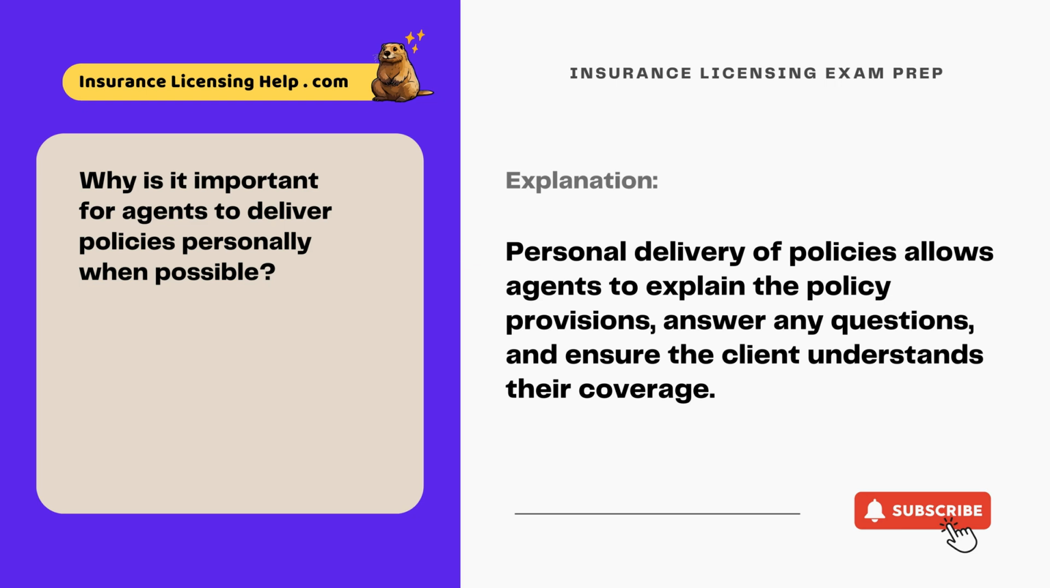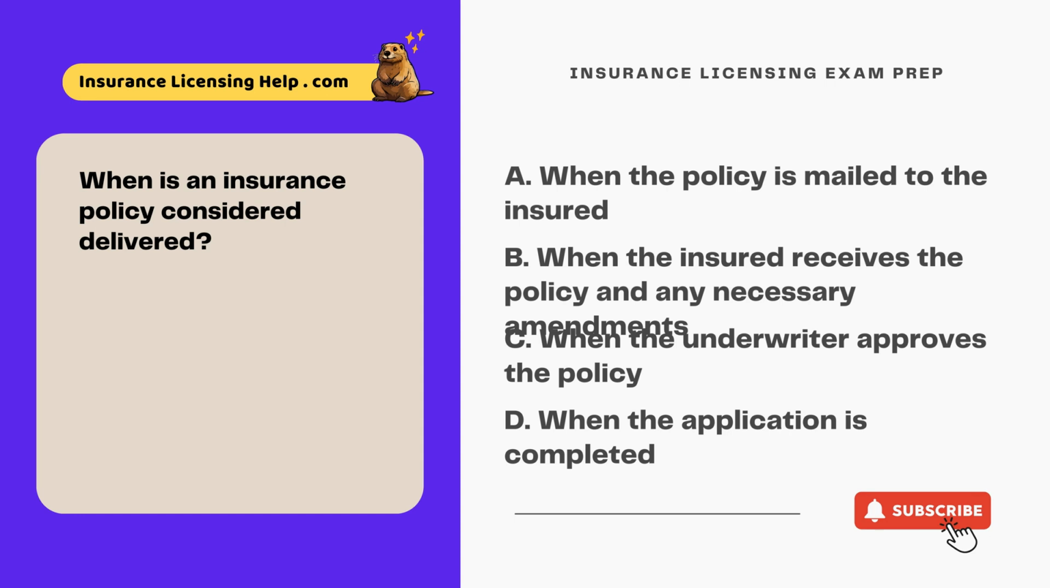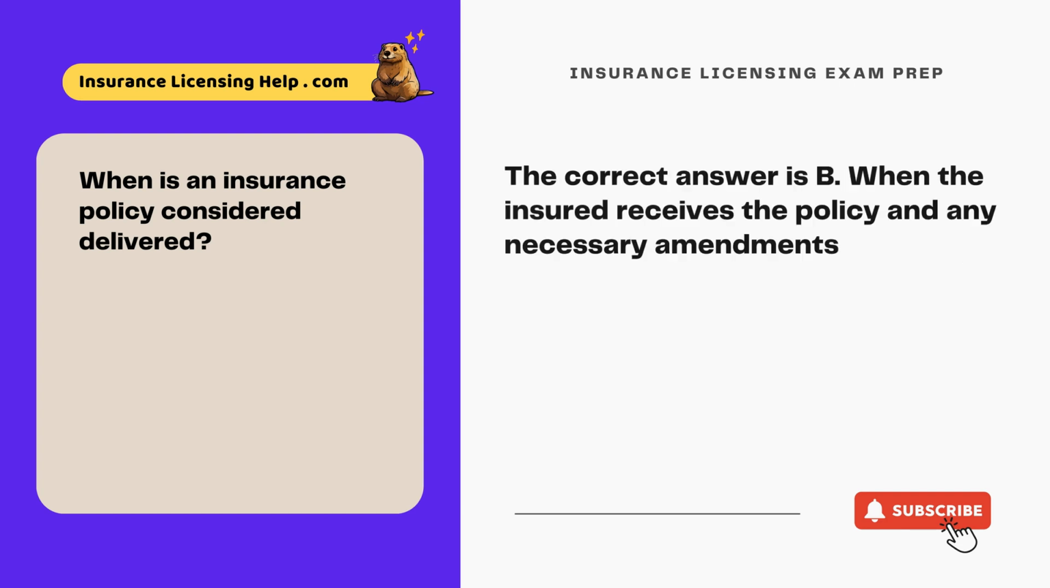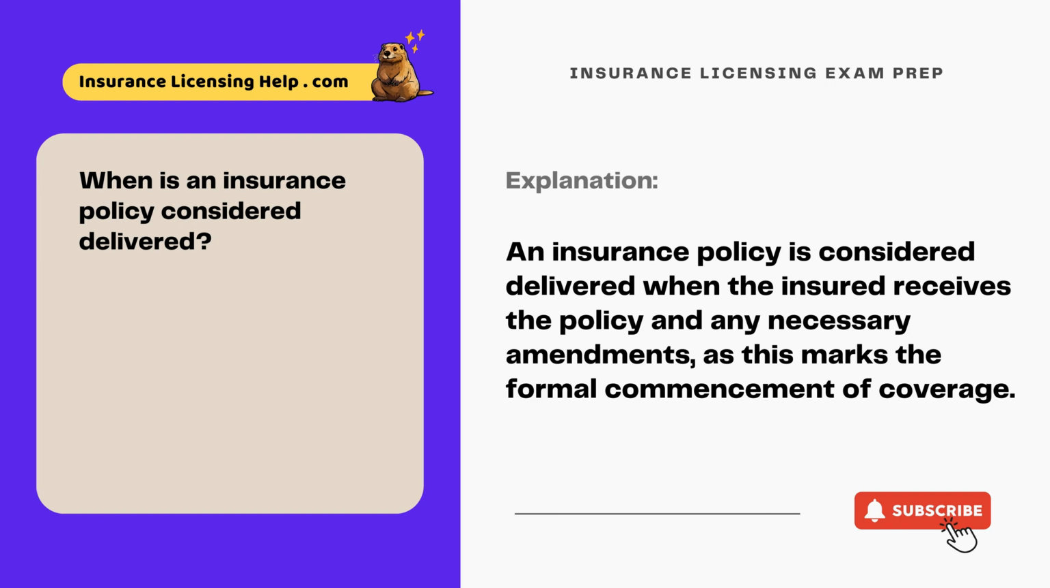coverage. When is an insurance policy considered delivered? A. When the policy is mailed to the insured. B. When the insured receives the policy and any necessary amendments. C. When the underwriter approves the policy. D. When the application is completed. The correct answer is B. When the insured receives the policy and any necessary amendments. An insurance policy is considered delivered when the insured receives the policy and any necessary amendments, as this marks the